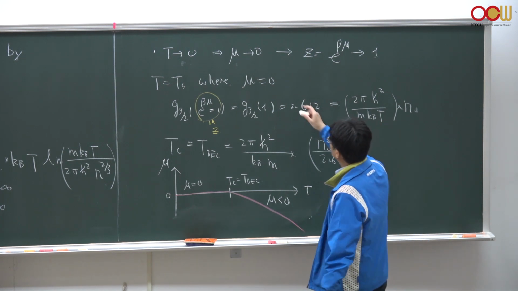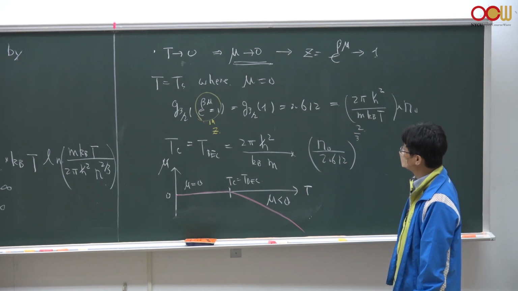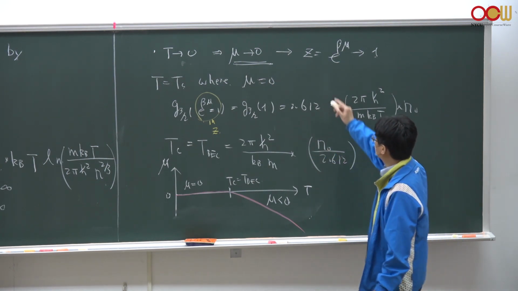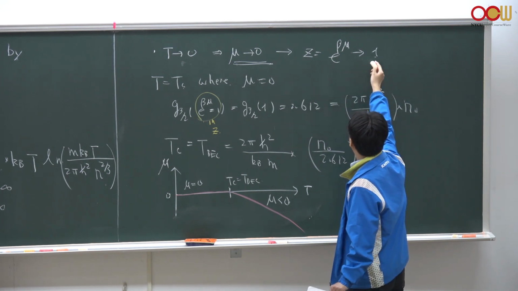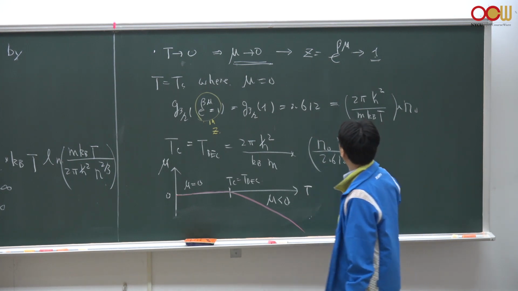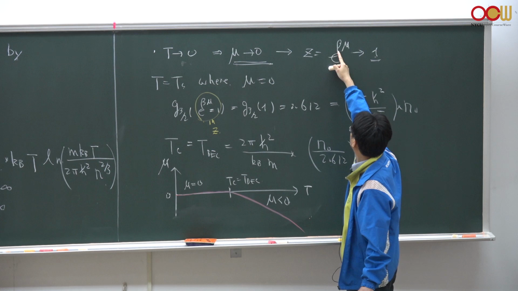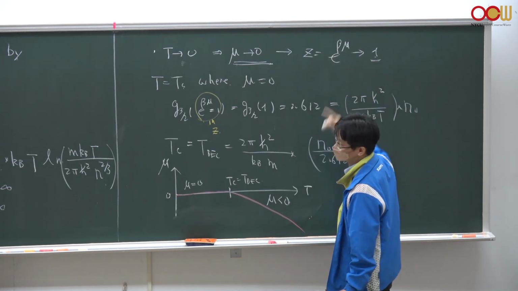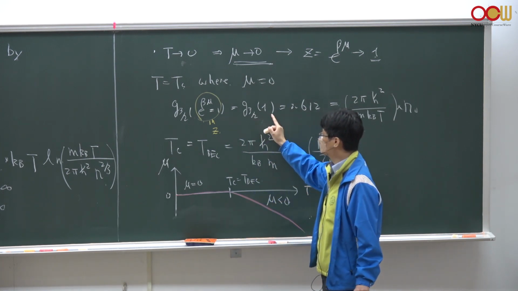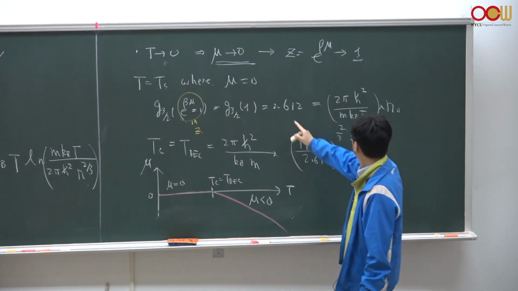So we should get this result correctly by analyzing the G3 halves function. In that limit, z approaches 1, because mu is almost 0 and beta is finite. So e to the beta times 0 is 1, and this is precisely the limit we should consider, which is G3 halves at z equal to 1, which is